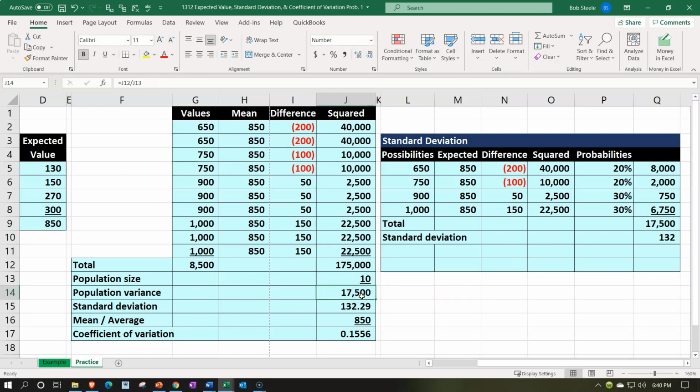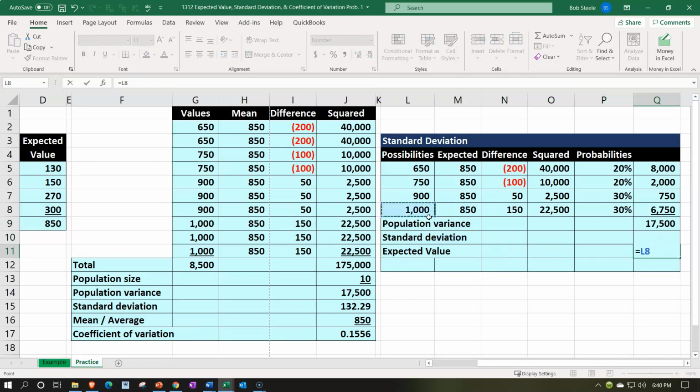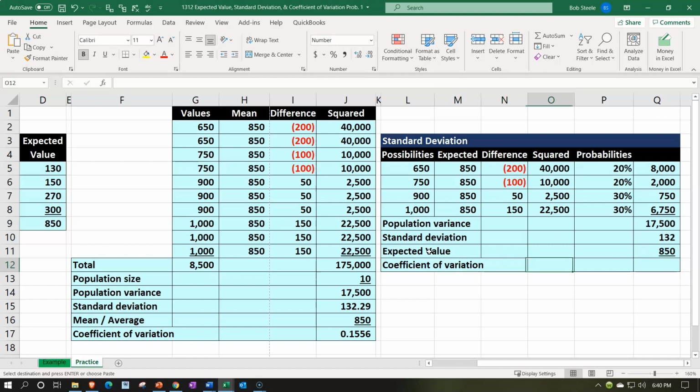Notice, of course, this 17.5 basically matches where we were here. That's like the population variance, right? So I have the total here. We could label it, might be better called the population variance, the 17.5, and then we take the square root, and that's going to give us the standard deviation. Then the expected value, which is the average, which we calculated over here. And then I'm going to underline that, font group and underline, and the coefficient of variance then. The coefficient of variance is going to be equal to the 132 divided by the 850, adding a few decimals here. We then get to our same